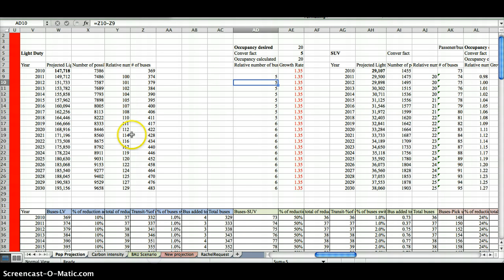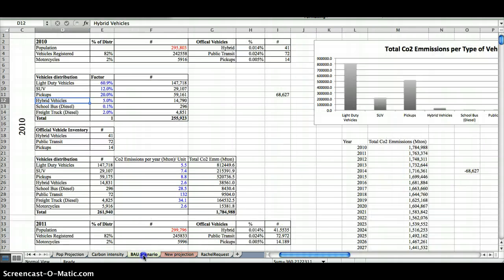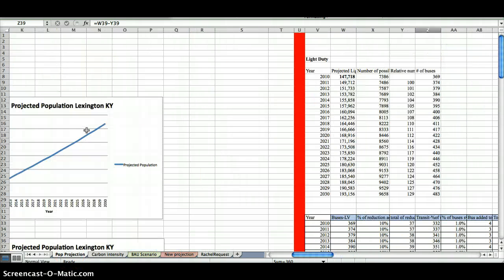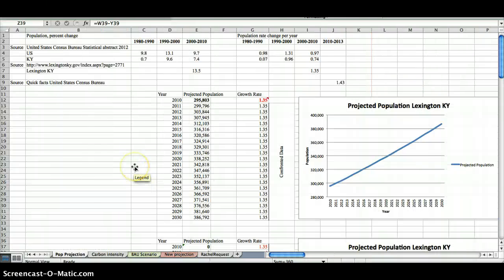We're going to move people from these types of vehicles to public transit, and some of them are going to hybrid vehicles, because I think motorcycles, freight, and school buses we can leave to grow according to the growth rate that we chose for population. So when we come back to this worksheet of population projection,